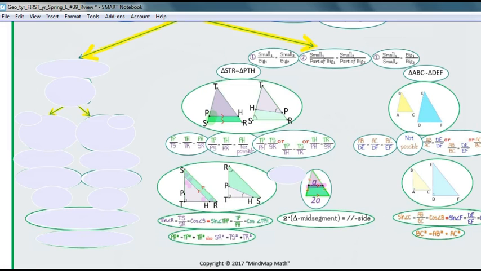If you have a segment that splits two sides, is parallel to the third side, and goes through the midpoints of those sides, then we call this segment a mid-segment of a triangle, and its length will always be half of the length of the third side, to which it is parallel. So that's a very handy rule, which I wrote down in words right here. To continue,